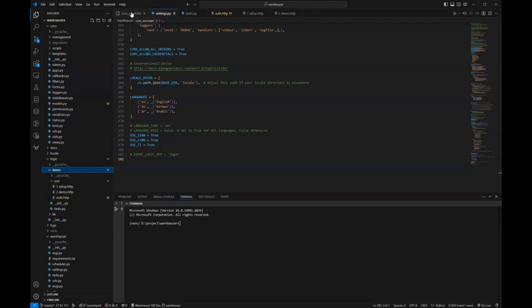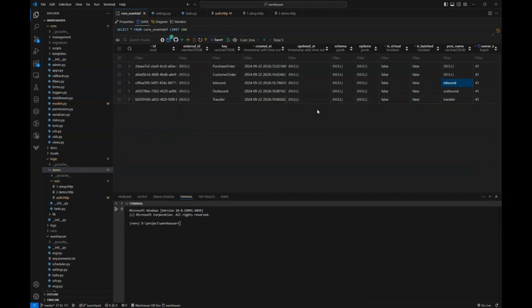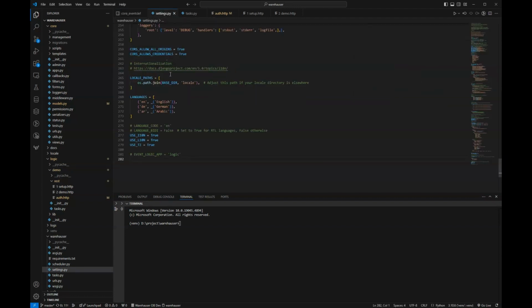Now, if we look back at our event def for our inbound event def, the procname is inbound. If the procname does not include a module name, i.e. it does not include a full stop or period, like tasks.inbound, then the assumed module is tasks.py. So the fully qualified module name is